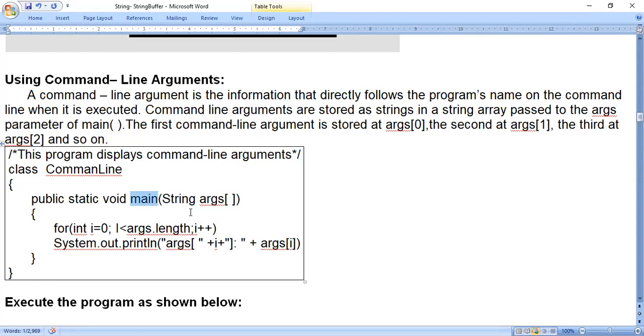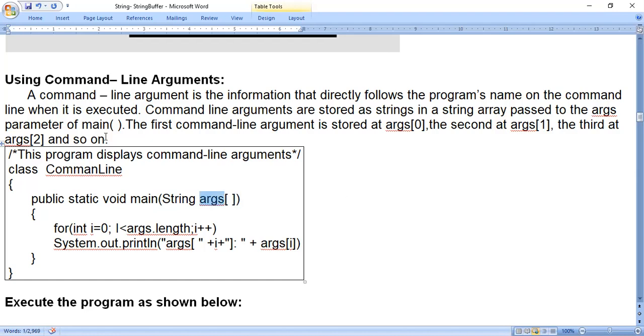But till now, in the classes and objects chapter and in the data types, variables, arrays chapter, we have not talked about String args at all. Now we will discuss why we are using String args. Args is a string here. String is a class name, and args is one string object here. And I have taken square brackets, which means it becomes an array of strings. So whenever you write the String class name, in front of that a variable name, and then square brackets, it is called an array of strings.